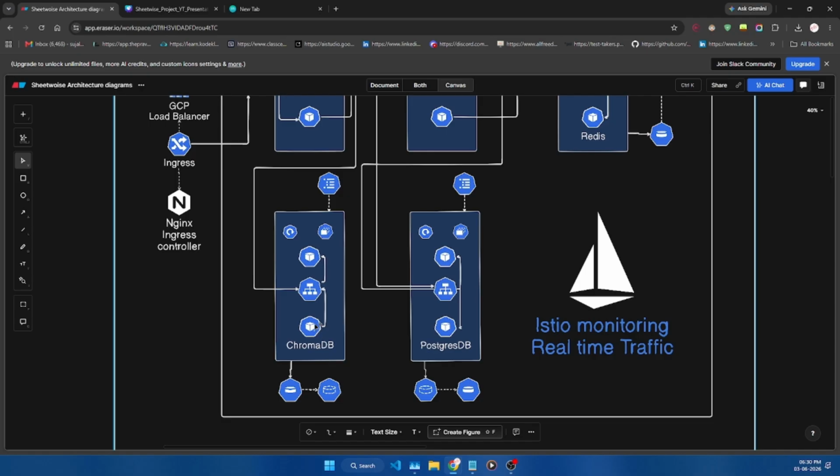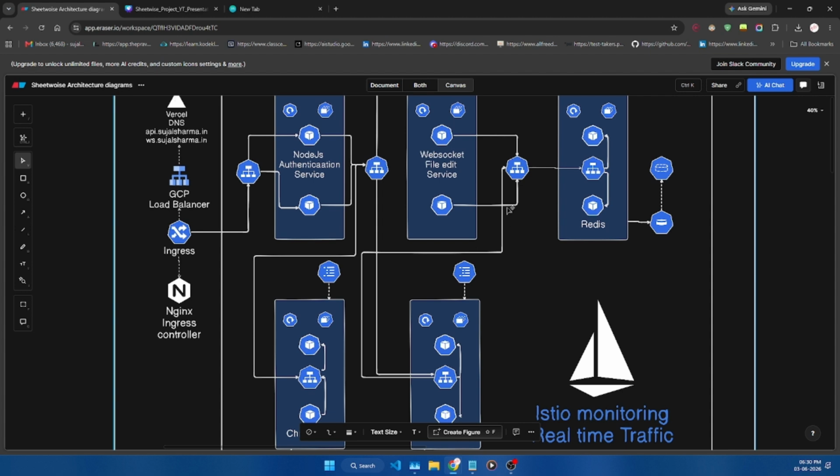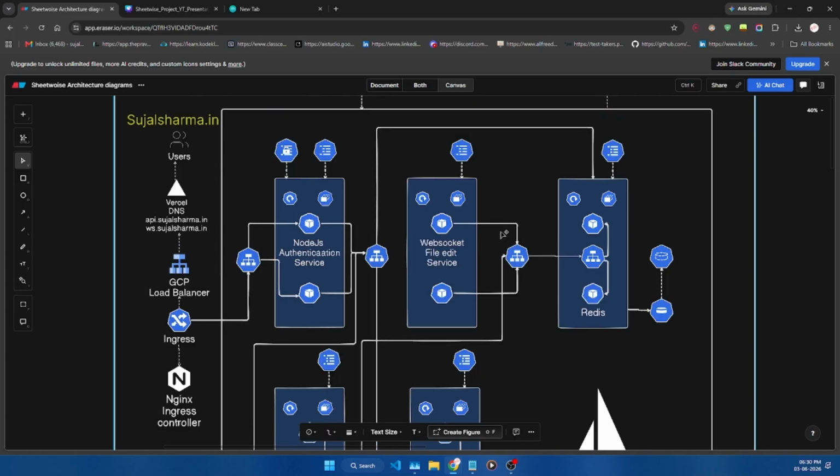It has two databases: ChromaDB and Postgres. I'm using stateful sets for the databases so that the data persists, and I'm using Redis for the caching server. And here are my deployments: Node.js, which is a REST API, and my WebSocket deployment.